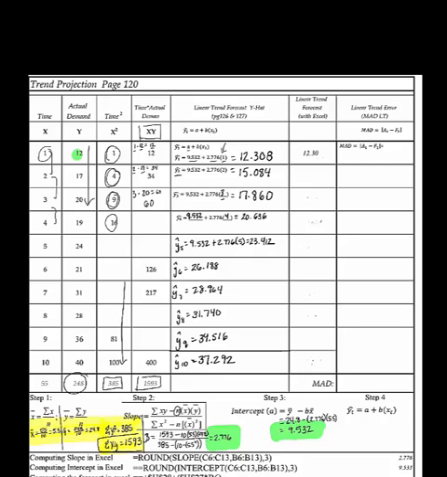So there we have the linear trend forecast. This is actually the forecast. All of the other stuff over there to the left of what I'm drawing is all necessary to create the forecast, but the actual forecast are these numbers here. So if I was to ask you on a test, what is the linear trend forecast for period 7, your answer would be right here,